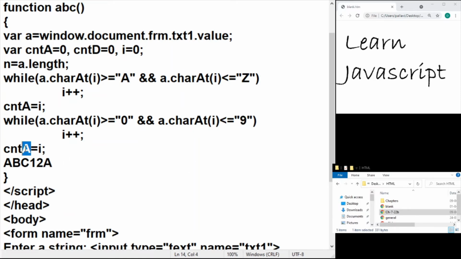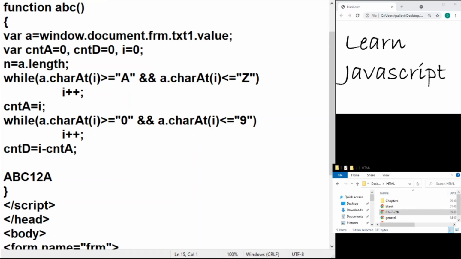And counter of D will be the total characters, as in the counter where it has reached, minus the total number of alphabets. That should give me how many digits are there. You can go ahead and print the values of counter of A and D to check whether they are working perfectly or not.